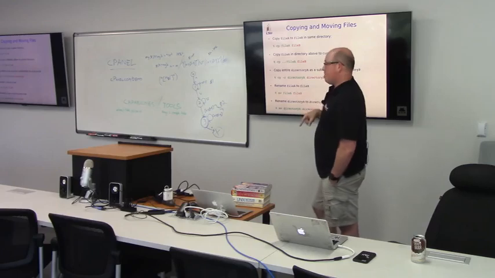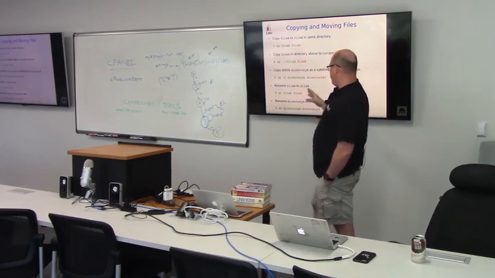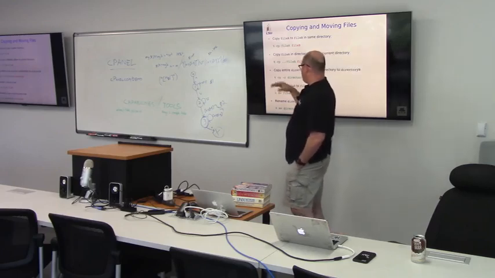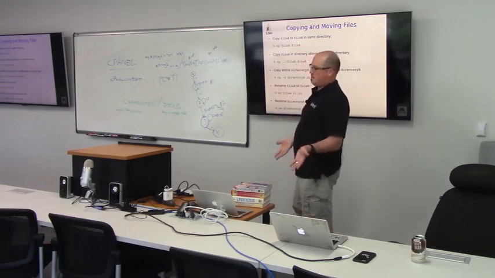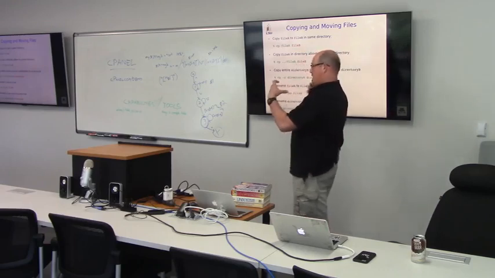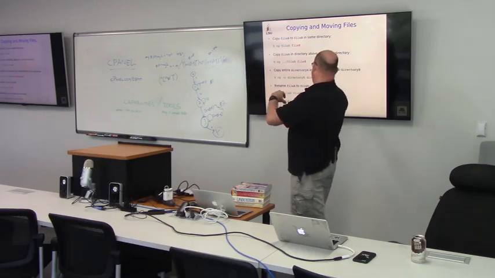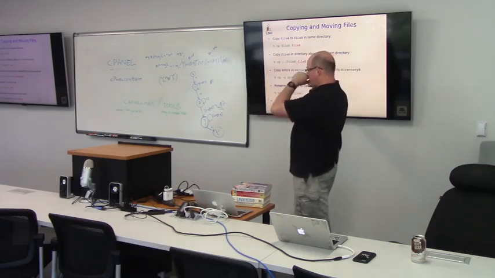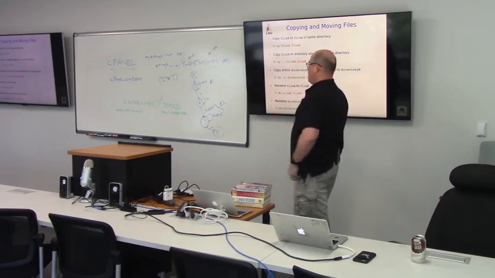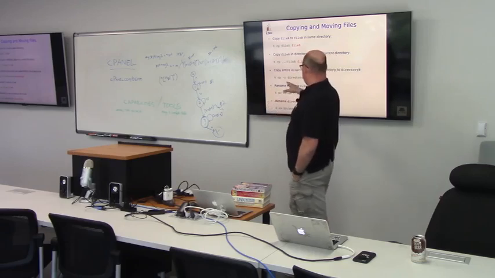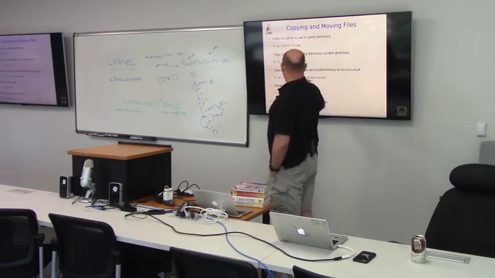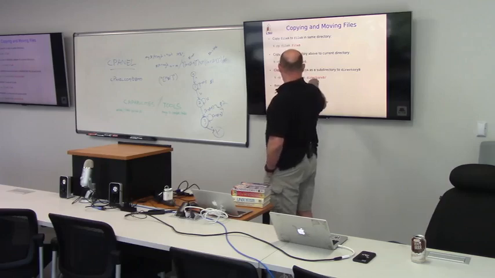If you want to copy a full directory, you have to use the -r. By default, cp just assumes that you're copying a single file. If you do cp and then a directory name, and then some other directory name that you want to copy to, it'll give you an error. So you have to do the -r. This is copying everything recursively in directory A to a new directory called directory B. Well, I guess if directory B existed, it would use